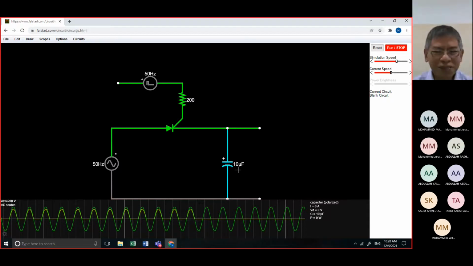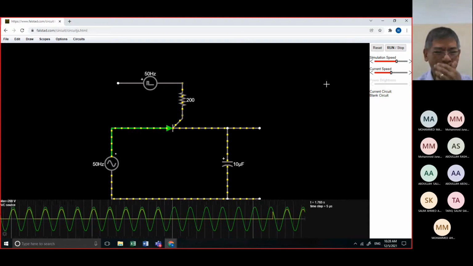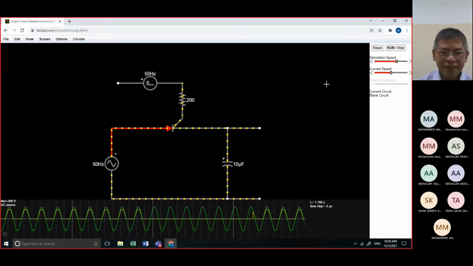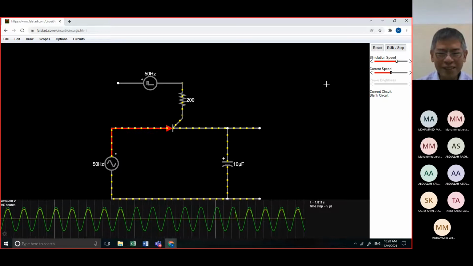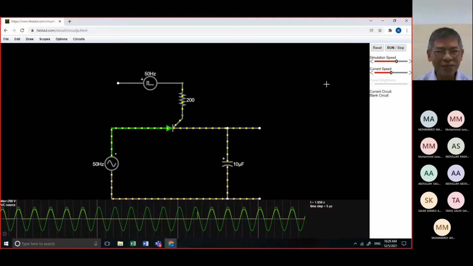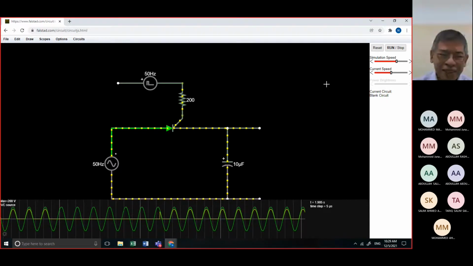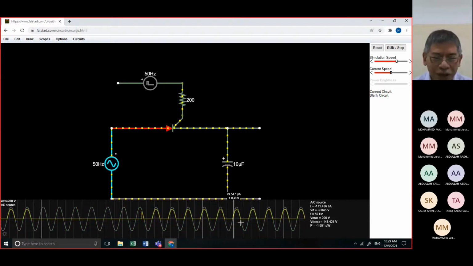Okay, what is the expected output? Let us see. The load resistance before was a resistor, and I change it with the polarized capacitor. What will happen? What is the output? Okay, I will run. Did you see? It is the same. Why? Tell me what is the reason why the load resistance and the load capacitance are the same with respect to this circuit with the SCR. Why is it that the waveform is the same?